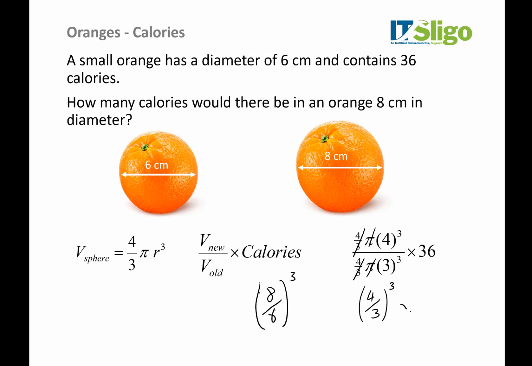So really all you need to do is get the new value over the old value. Because it's a cubic relationship, sorry, that shouldn't be 100, it should be 36. Because it's a cubic relationship, we just have to cube that, the 4 over 3, and then multiply it by 36. So the fact that we're looking at volume is what determines we're cubing everything. And when you work that out,